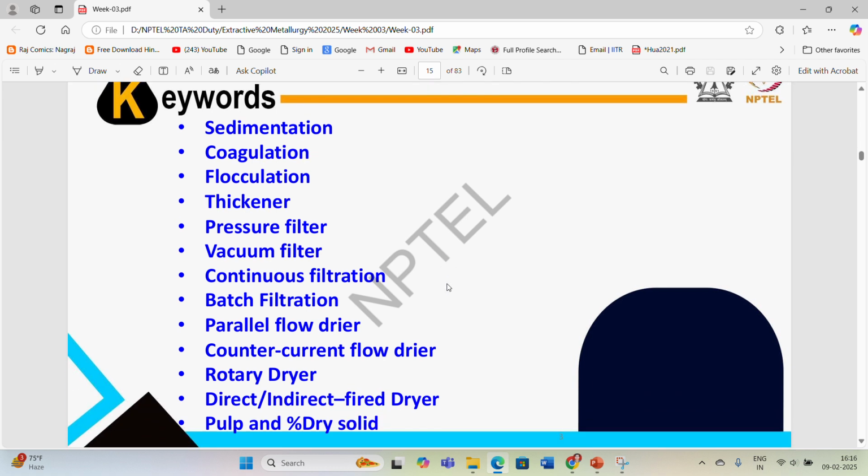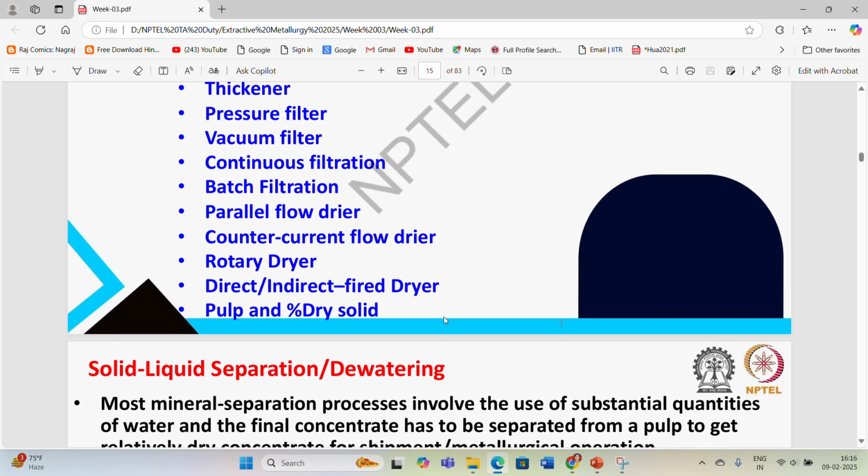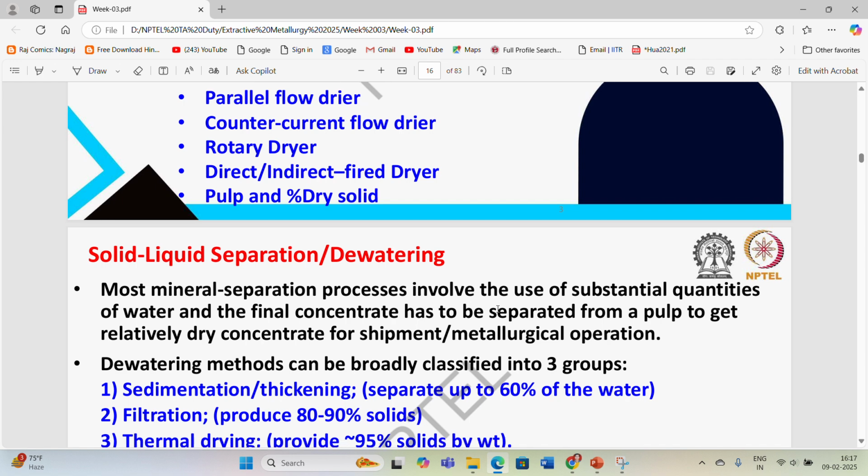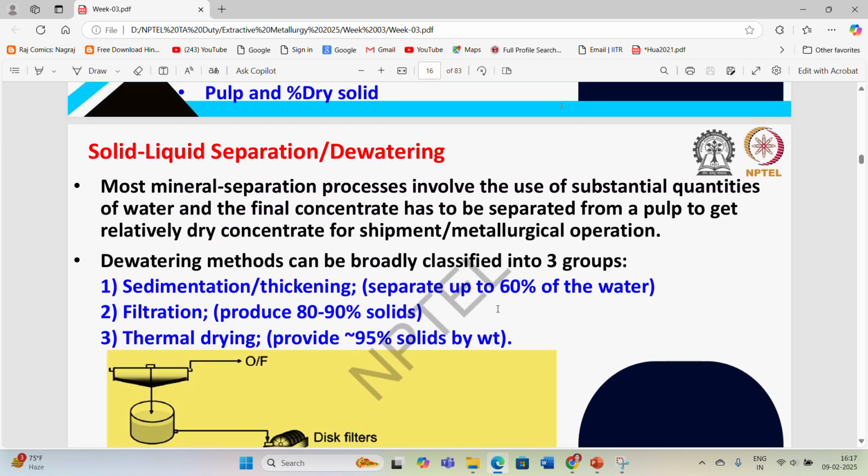For removing the moisture and water content from these fine powders, we use different moisture removal processes like sedimentation, coagulation, flocculation, thickener, pressure filter, vacuum filter, or we can go for a batch filtration process or parallel flow dryer. So we have to remove this water, or we can say all these processes are known as solid liquid separation